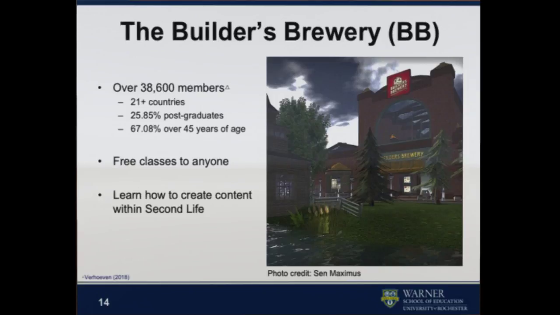And thankfully, Sen Maximus, who is in the audience today, came to my rescue. She's the owner of the Builders Brewery. Now, for those of you who may not be familiar with the Builders Brewery, it's a learning community, a school, and a help group with over 38,000 members during the time of my study. In a survey that I conducted,